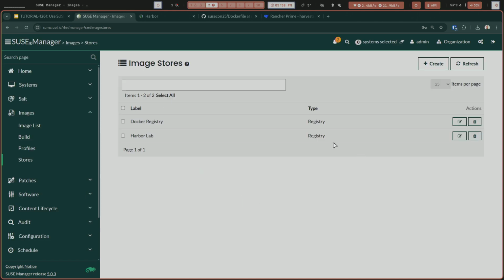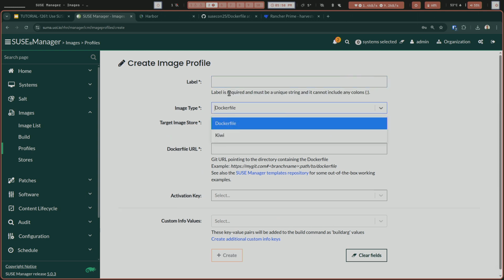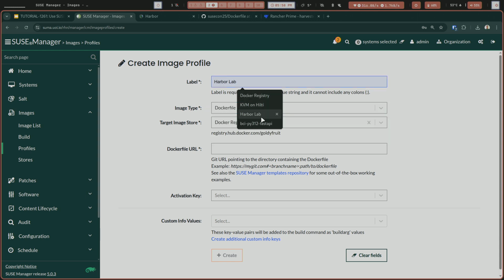So now I have two registries, okay? So now that I have a registry, I need a profile because I cannot build anything without a profile. So my profile is going to be basically the container image, what kind of type. So right now we are supporting either Dockerfile or Kiwi. This demo is about Dockerfile. So let's say